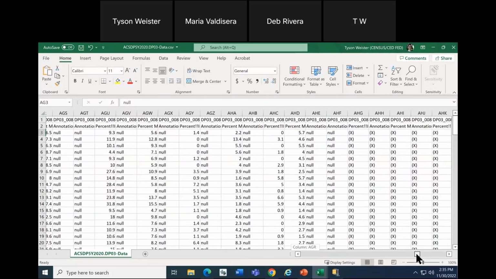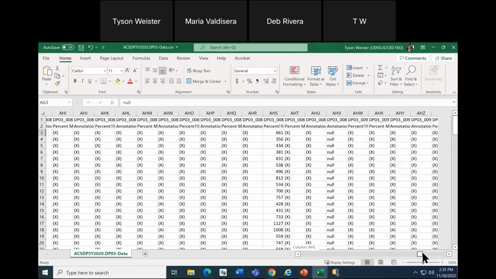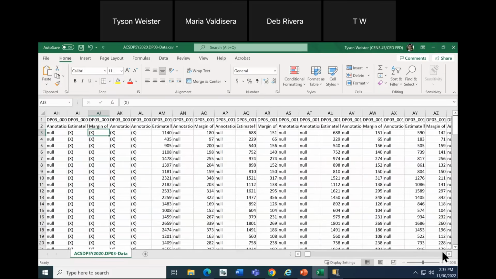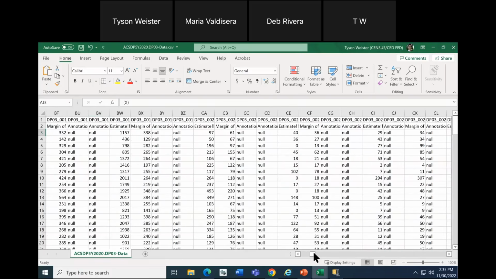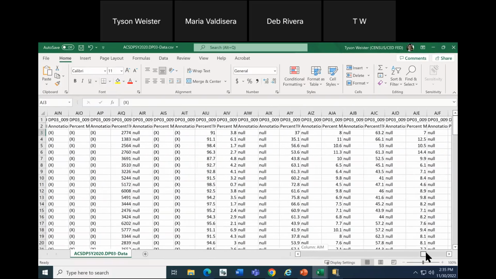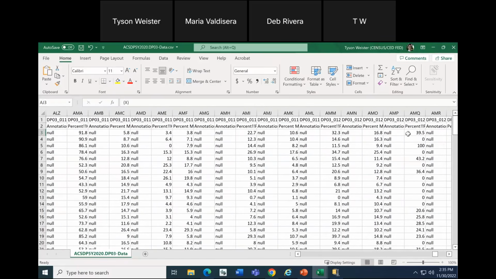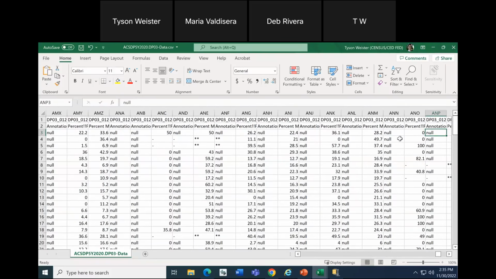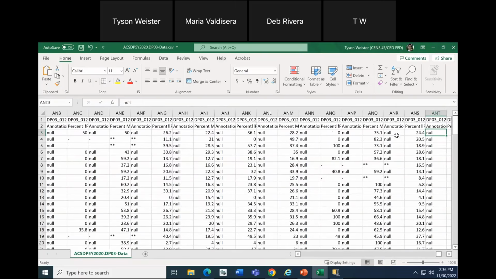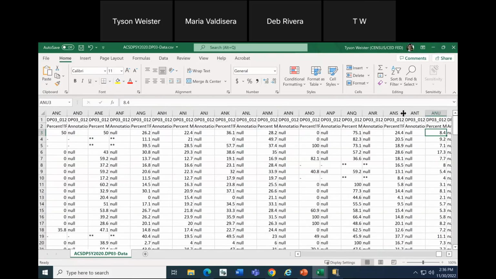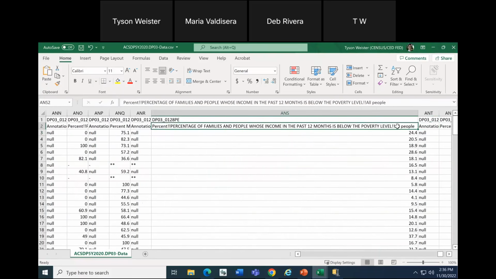I'm going to scroll to the column for ANS, just to show you how you read this output of what we were looking at earlier. Yep, it was this one, ANS.